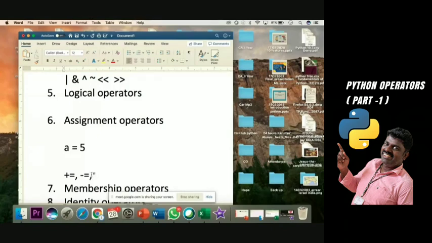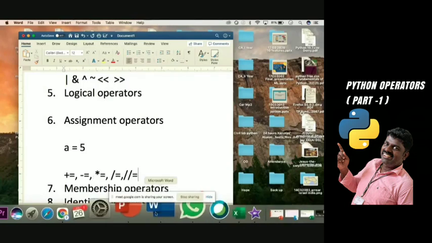The next one is star equals, and then slash equals, double slash equals, mod equals. Likewise we can go. All the arithmetic operators we have used, we can just put equals for assignment operators also.